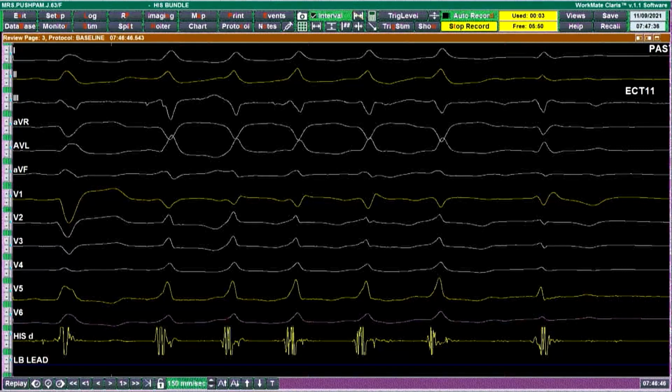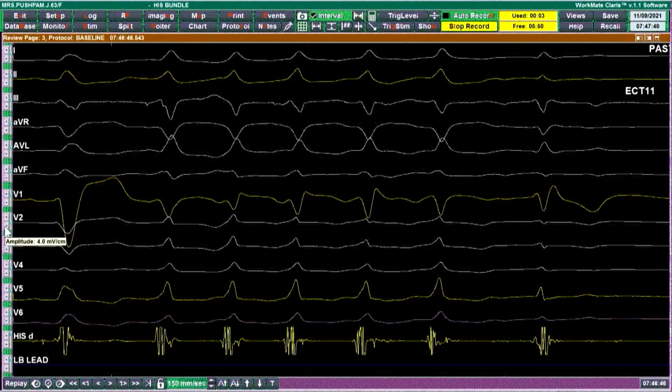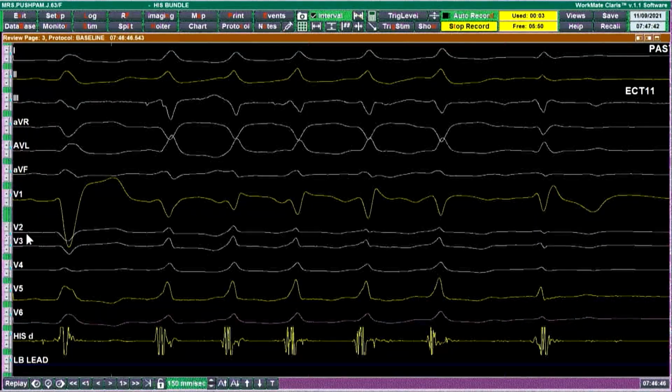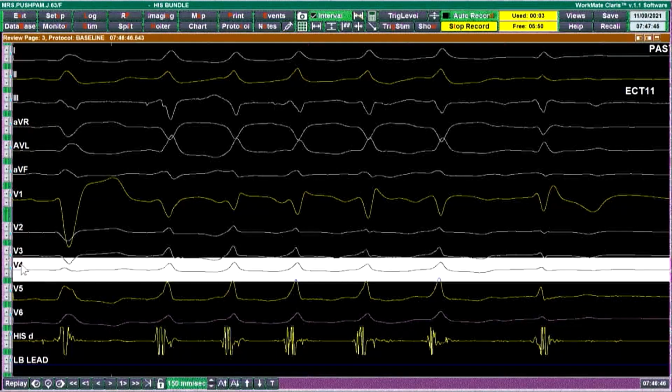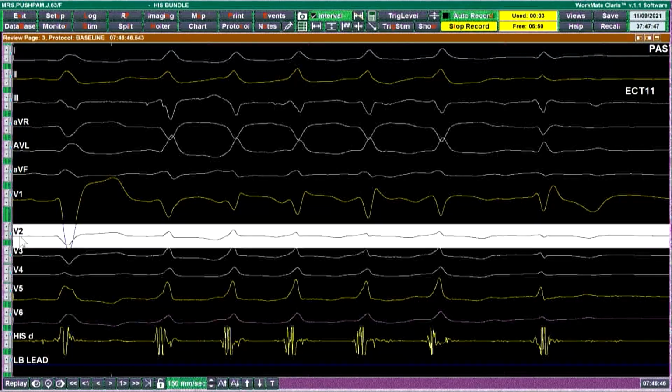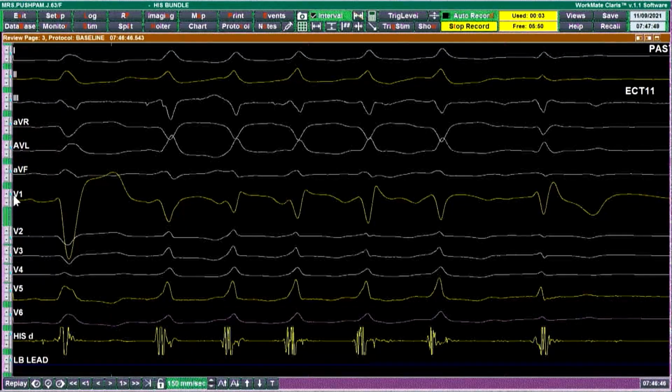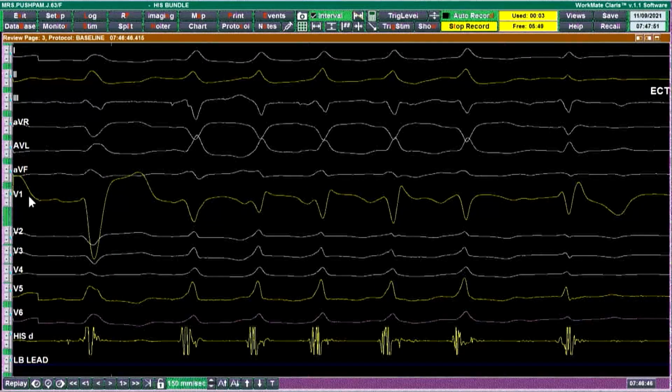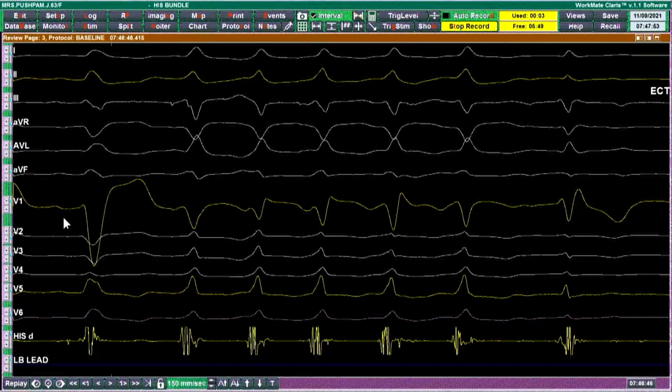Can you increase lead V1 alone and diminish V2? Diminish V2 and bring the V2 down, bring the V3 down, and show V1 alone. So that's what I want to know. You can see here the QS morphology on lead V1 gradually changes, and I got a last beat which is something like an M pattern. That is very, very important to observe.